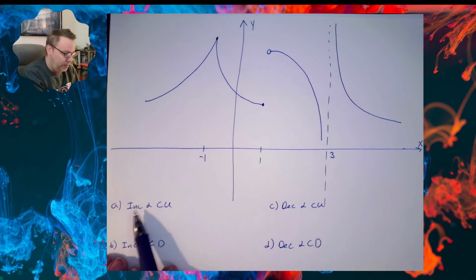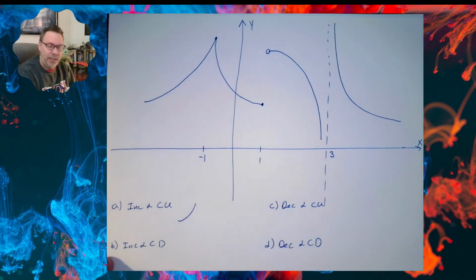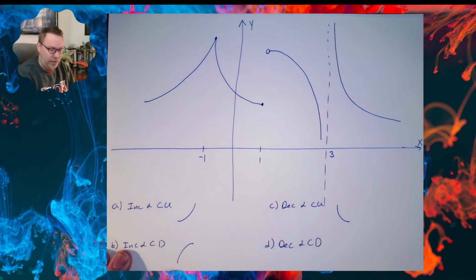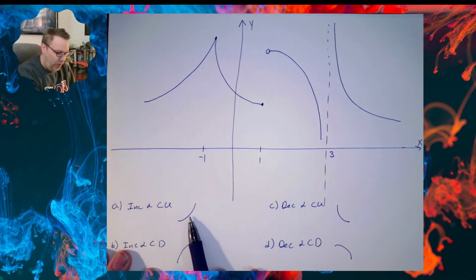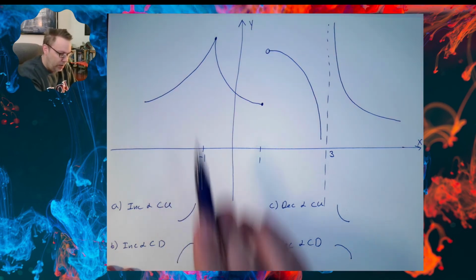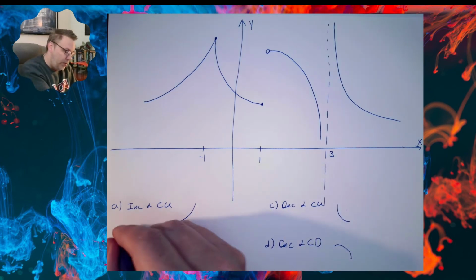So again, increasing concave up looks something like that. Increasing concave down looks like that. Decreasing concave up looks like this. Decreasing concave down looks like this. So this particular part, where do we see this? Well, I see it in this part here. Do I see it anywhere else? I don't think so. So this, I'm going to label minus infinity